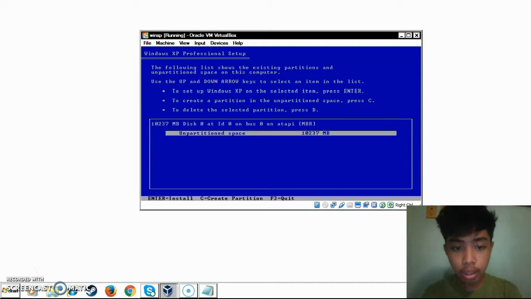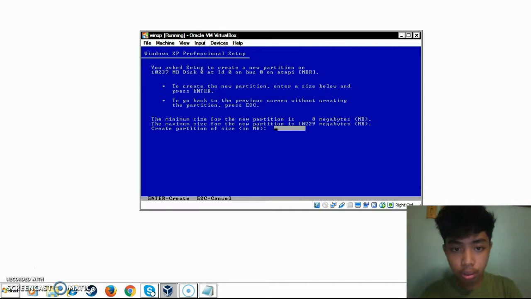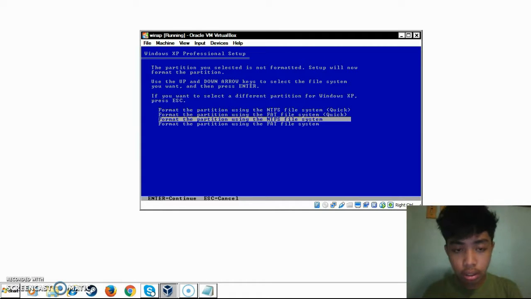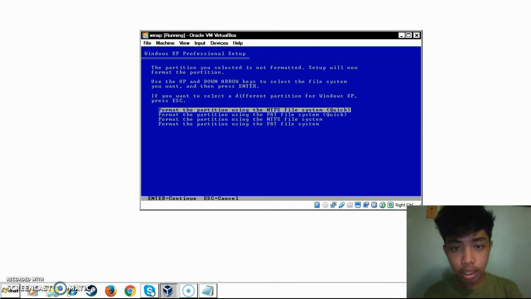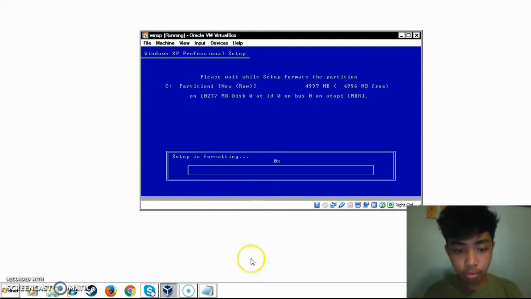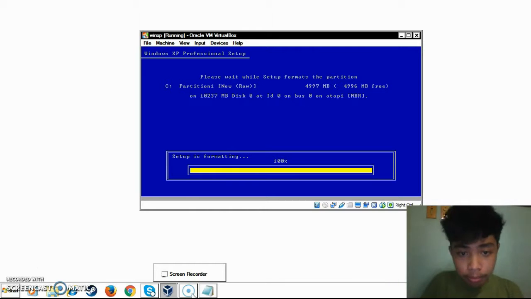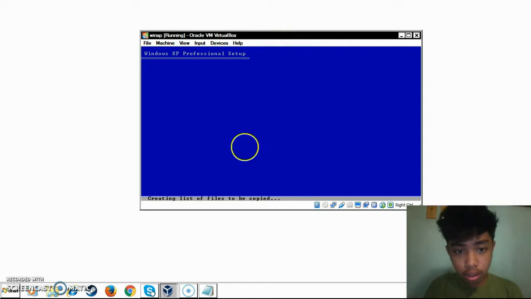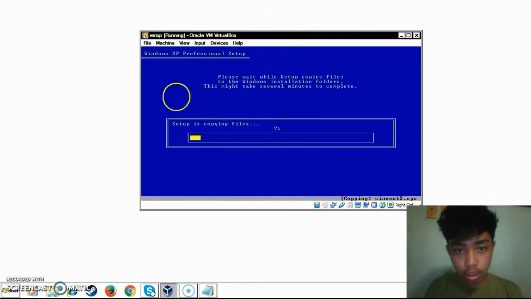So here we create the partition. I will set this to MB. So press enter to install on the drive C. So to make it quick, format the partition using the NTFS file system. While waiting for the Windows XP process to finish,